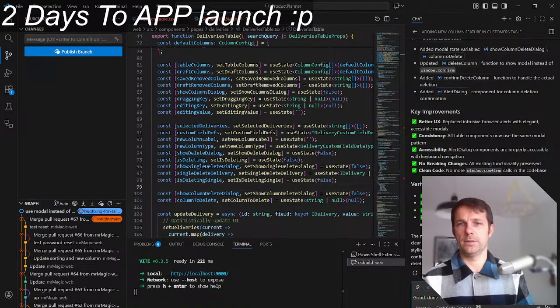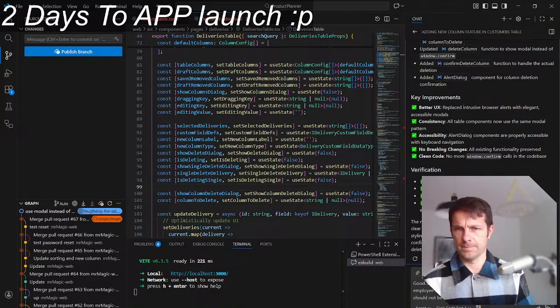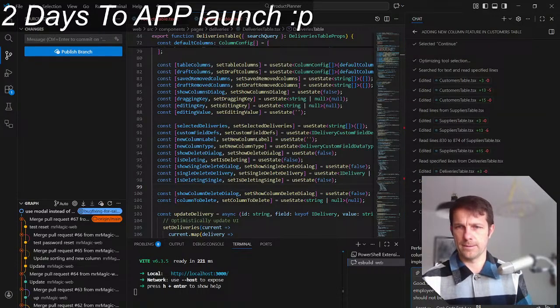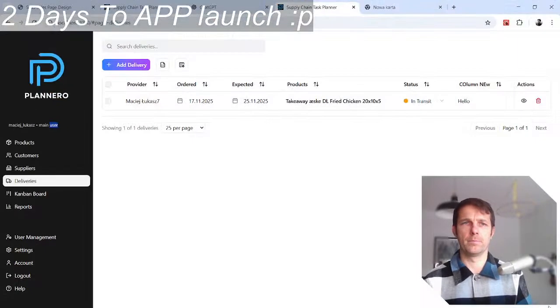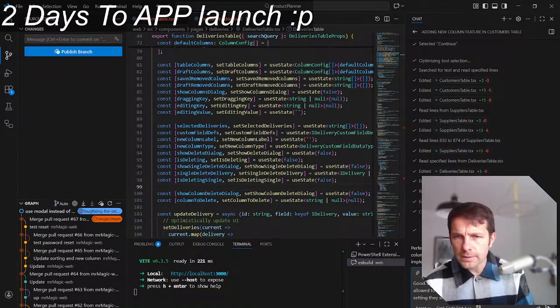Next one will be that when the user is not allowed to access user management and settings, they should not be showing.